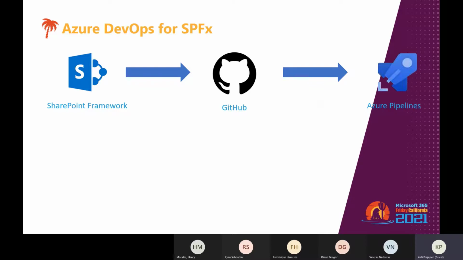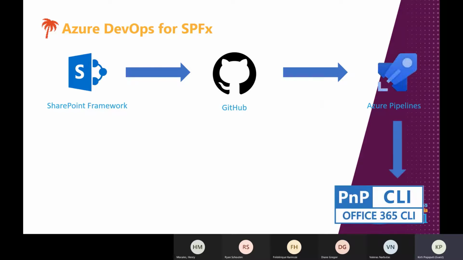So we can spend less time with configuration and more time being creative. And after that, you can use the PnP Office 365 CLI commands to push your solution package and other artifacts from the source to the destination server or destination tenant.